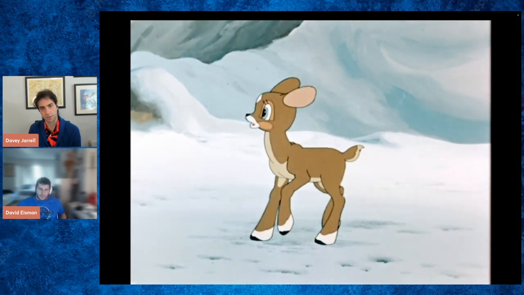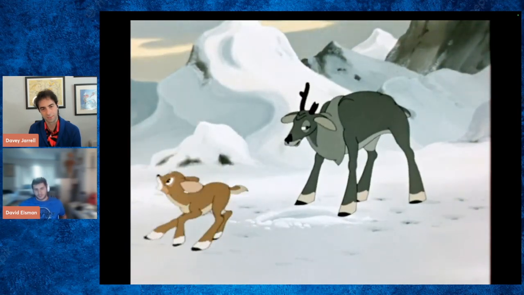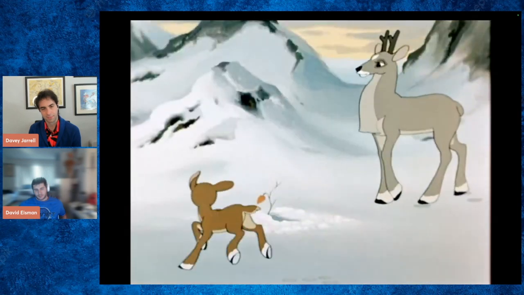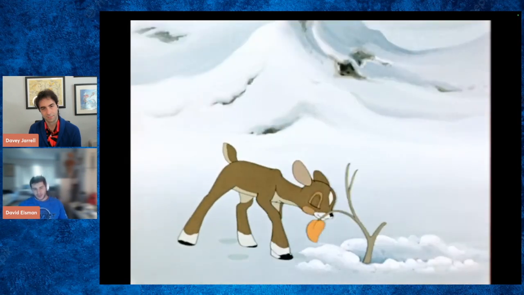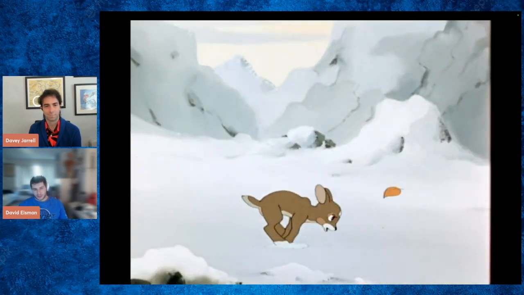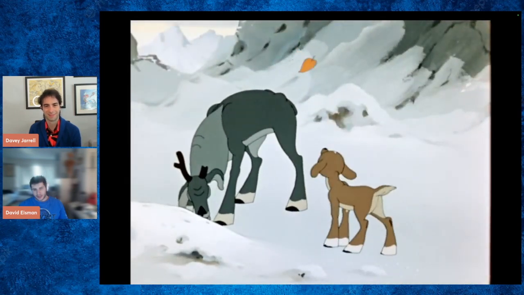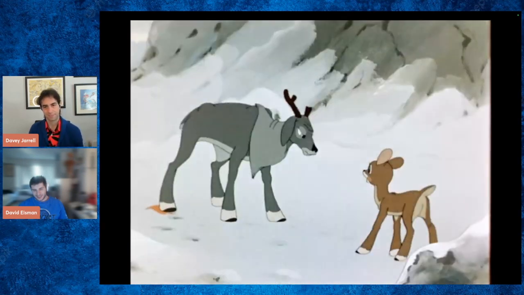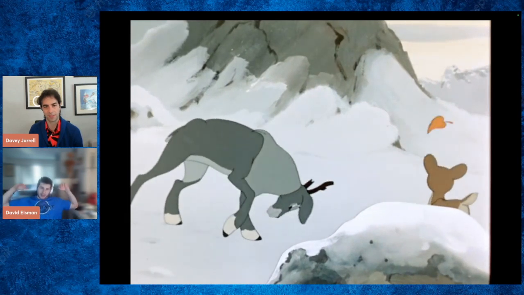This is just great character animation. So much personality. Nice detail of leaving those footprints in the snow. Yeah. That must have been annoying to do. Sometimes they do it, sometimes they don't. Yeah, I know. It's kind of here and there. Just the timing on these. The timing is absolutely extraordinary.